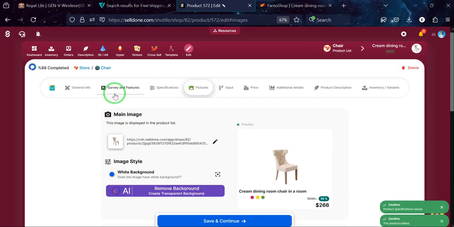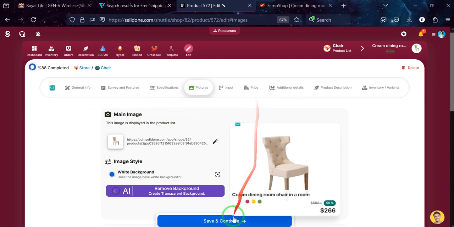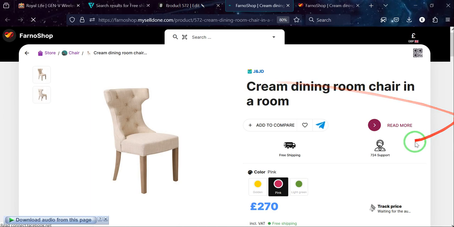When you add those icons for the first time, all of them will be saved in the Selldone system, so you can use them for further actions. Now let's see the products with these two icons here. You see